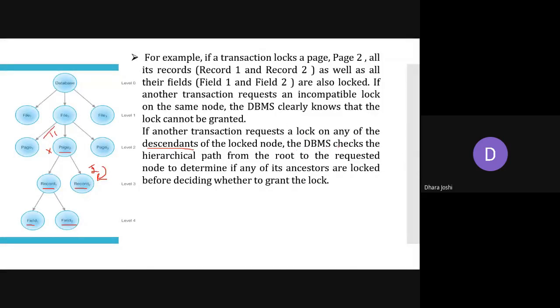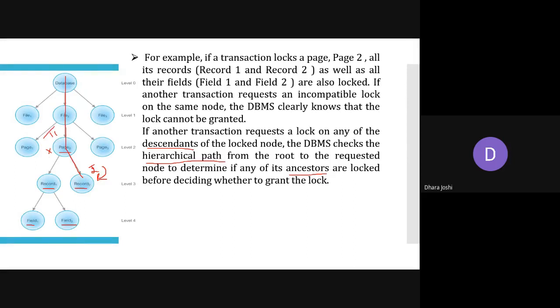So the DBMS checks the hierarchical path from the root to the requested node. It will start from the database, go into the file, then into the page, and then into this record 2. In this entire path which I have highlighted here, is any node previously locked? So it will go along the path from the root to the requested node to determine if any of its ancestors